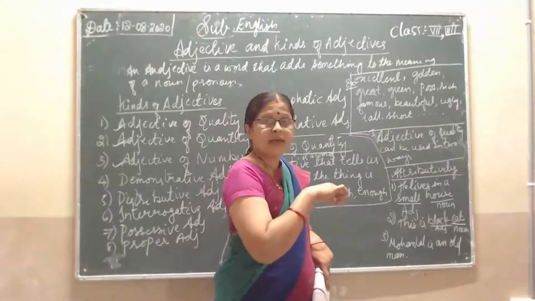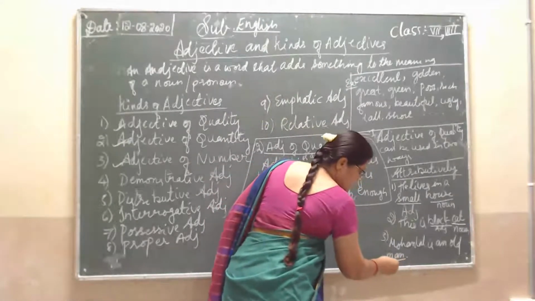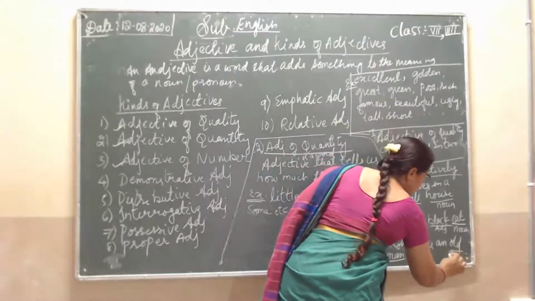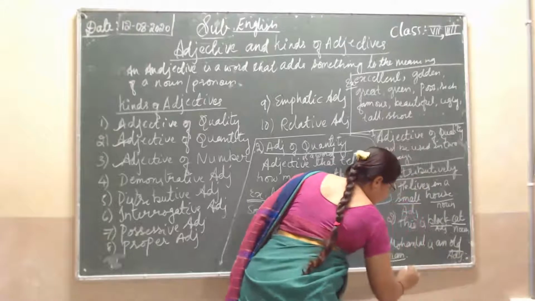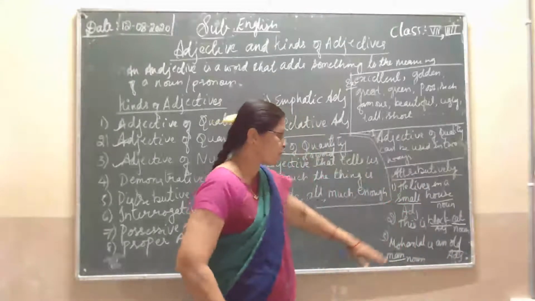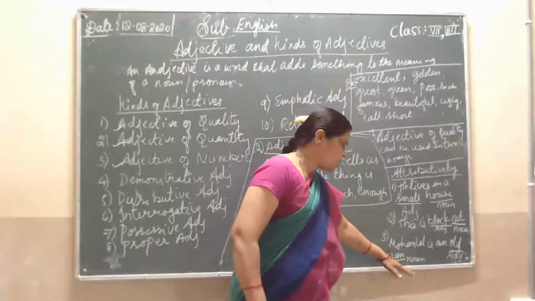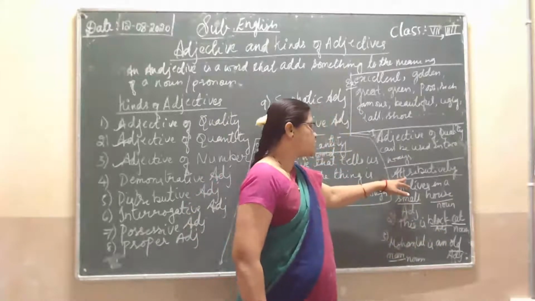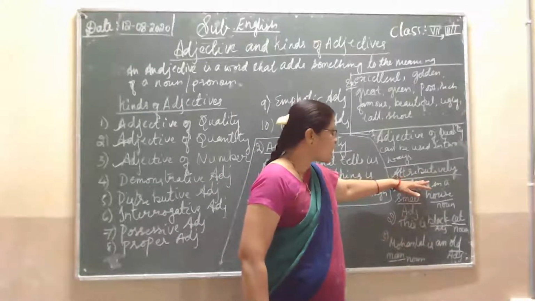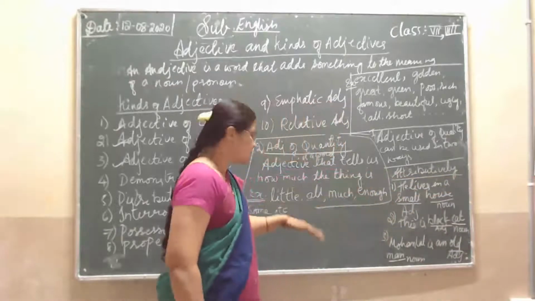But what kind of a man he is? He is an old man. We are telling more about this man, Mohanlal, that he is old. Old is an adjective of quality, whereas man is a noun here, and the adjective is placed before the noun. So these are qualifying the nouns here. Adjectives written in this way are called attributively written sentences. So after this attributive, the next one is